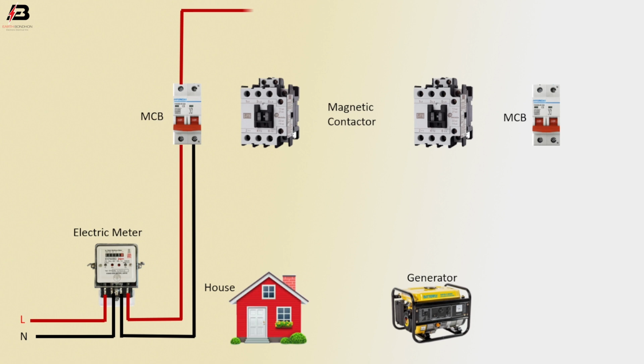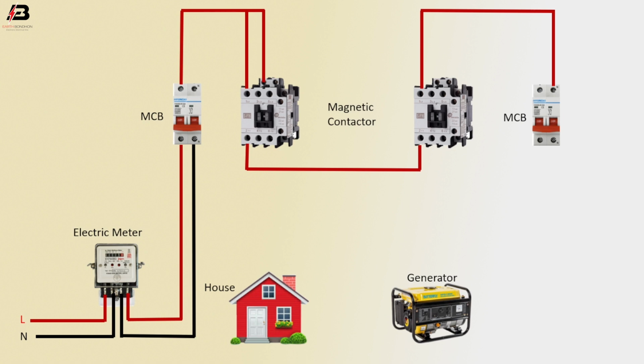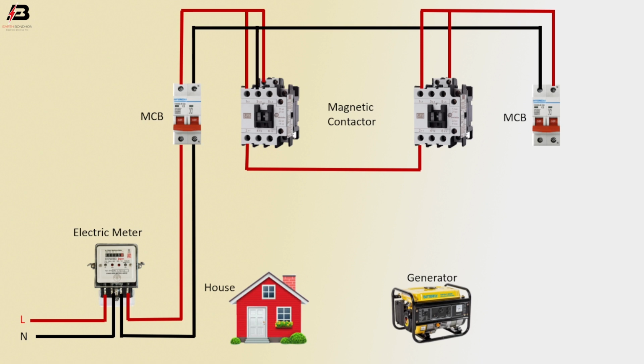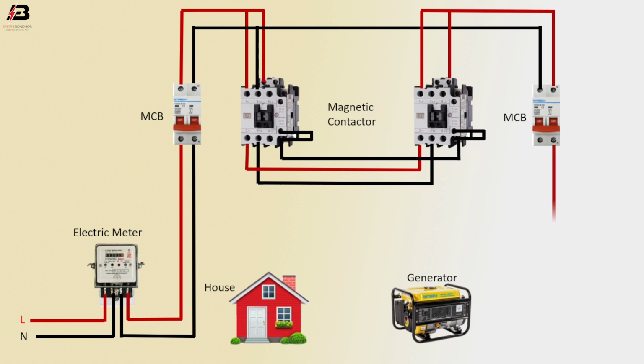MCB circuit breaker to connect magnetic contactor 2 point, phase connection from magnetic contactor to another magnetic contactor, phase connection output from magnetic contactor to connect MCB circuit breaker, neutral connection connected to MCB circuit breaker and magnetic contactor, neutral connection from magnetic contactor to another magnetic contactor, neutral connection between two magnetic contactor NO point, phase connection from MCB